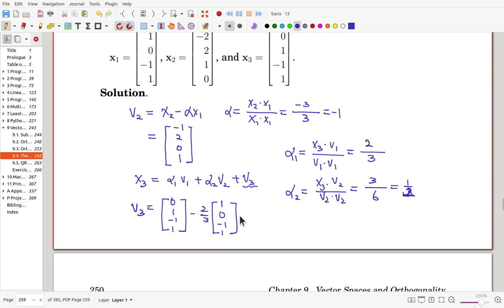Half, and V2, that is minus 1 2 0 1. Okay, you can simplify yourself, and then after that, that is V3, so you have to normalize if you want to get